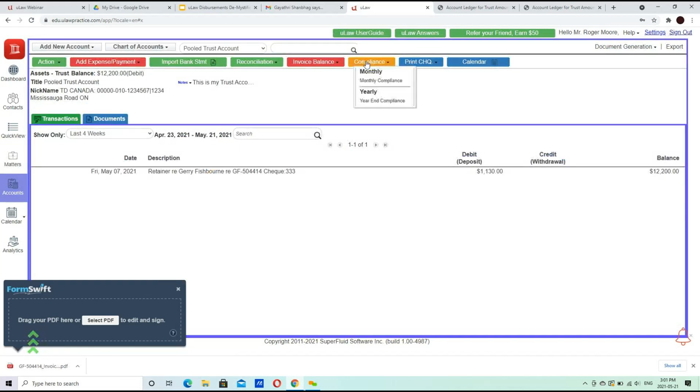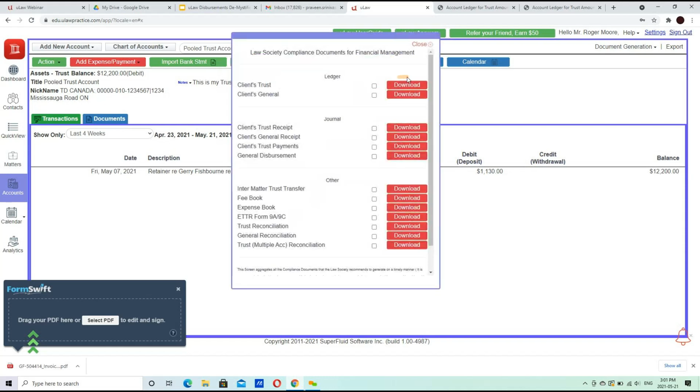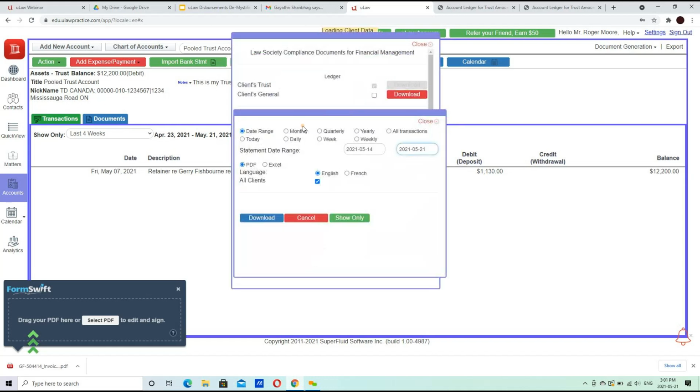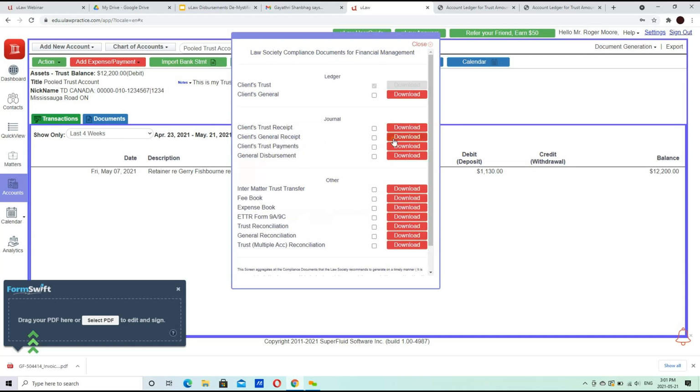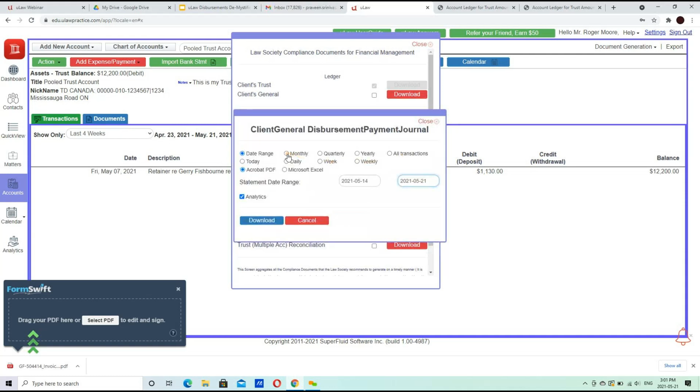Now for my final document, and I'm going to let you go after this. I go into my trust ledger, and we spoke about a couple of documents. No, in fact, you know what? Let me do the general disbursement.